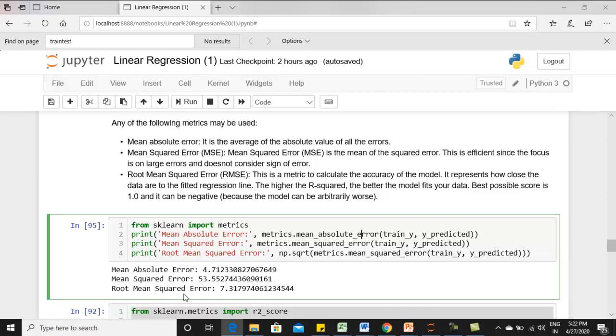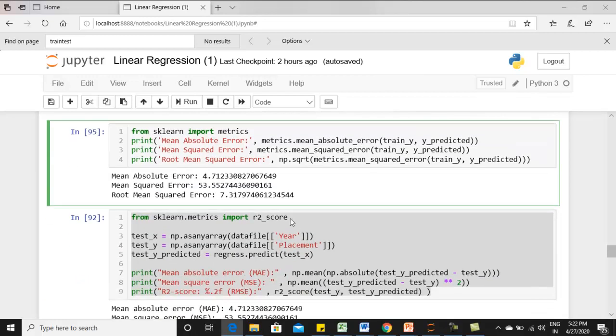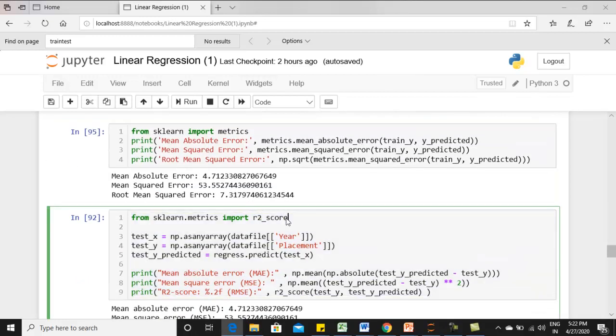So 7.31 means around 92 percent of proper results we can assume. And there is one more library called R2 score under sklearn.metrics.